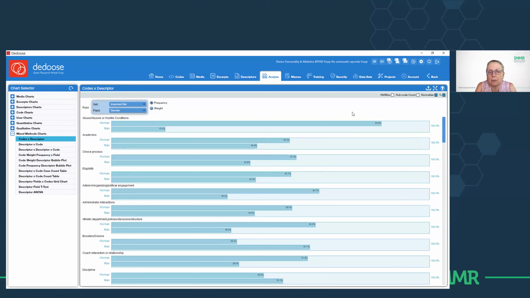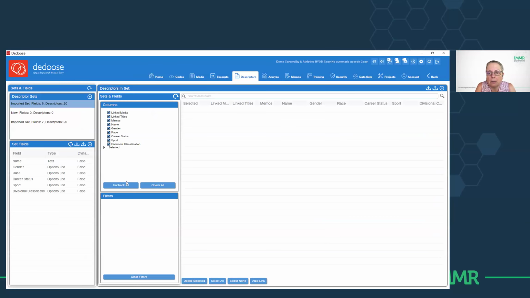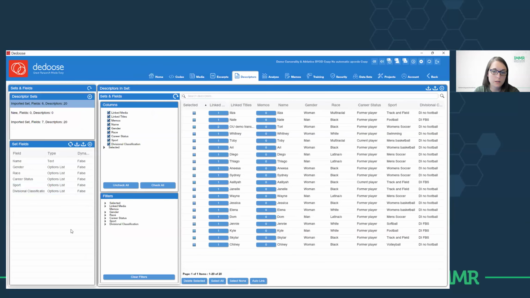Can you go back to the descriptor workspace and show everyone how to reorder the fields? Oh, yes. In the bottom left-hand column. So if you want to reorder, for instance, if we wanted career status to be in front of gender in our database here, it's a misleading icon. So you're going to see the reorder fields icon. It's that little circular icon here. And then this is where you can influence the order.